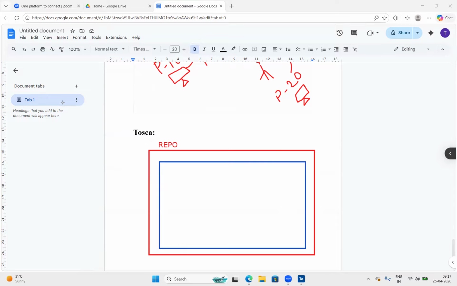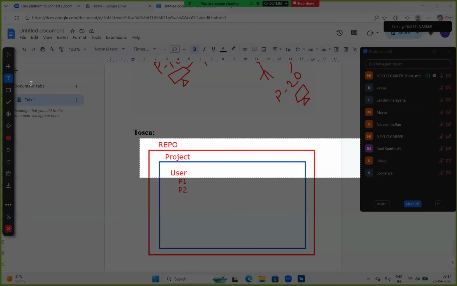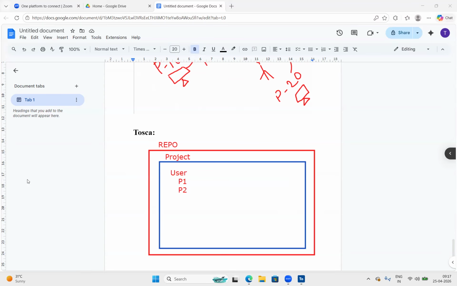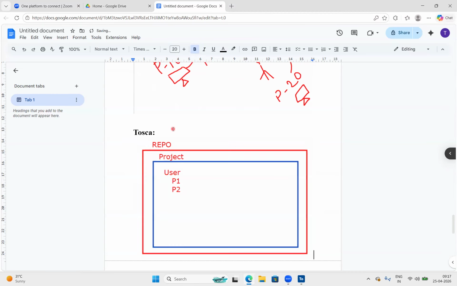So this is the project. At this project level, some user roles are there. If I want to add my team members, I can give access to those persons, like in Jira. Once you are done with work, you no need to push code. All these things are not required because you are all working directly within a repository. That is the purpose of the repository option in project creation. Clear?